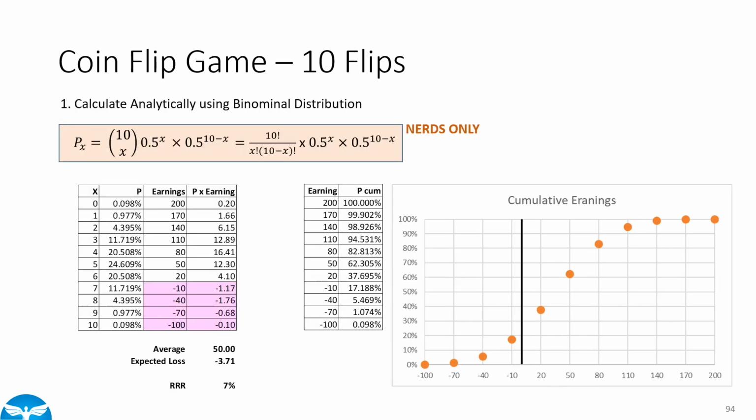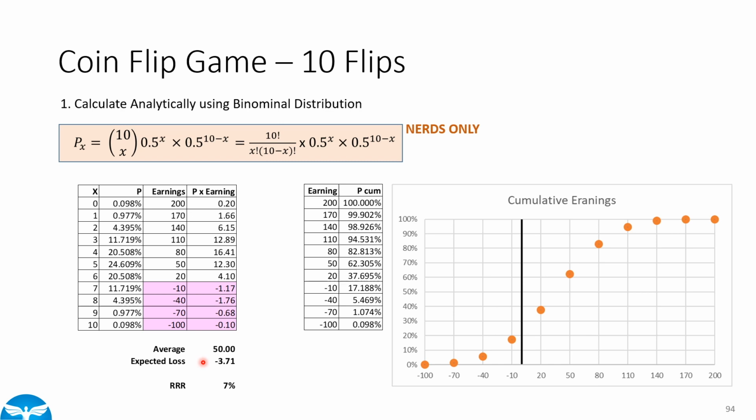And to calculate what these probabilities are, you can use the binomial distribution, which has this formula. And again, this is for nerds mainly. You can look this up in Wikipedia if you want to replicate these calculations. I did it in Excel just for fun. And I found that the average outcome then is $50 and the expected loss is